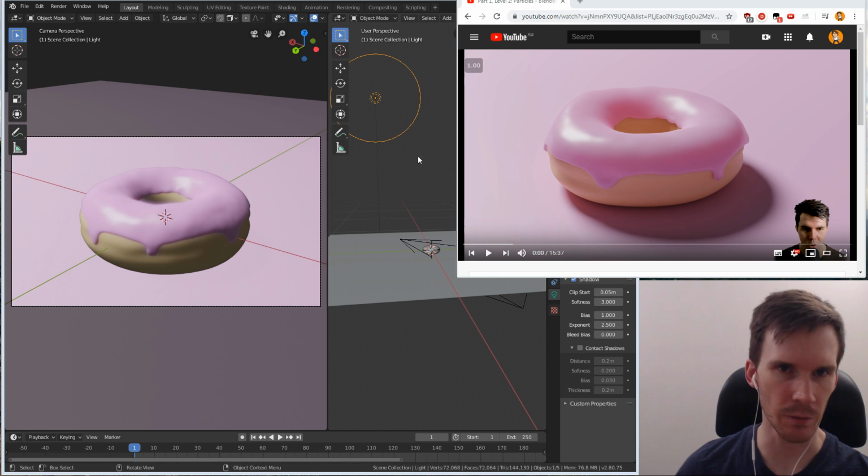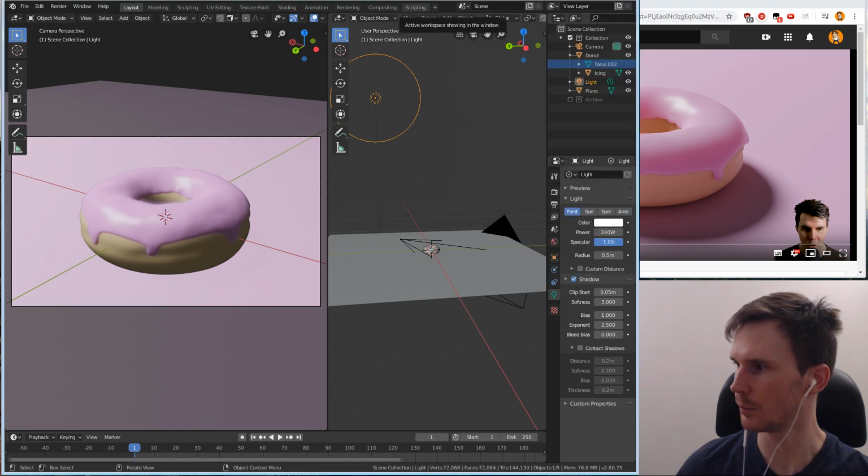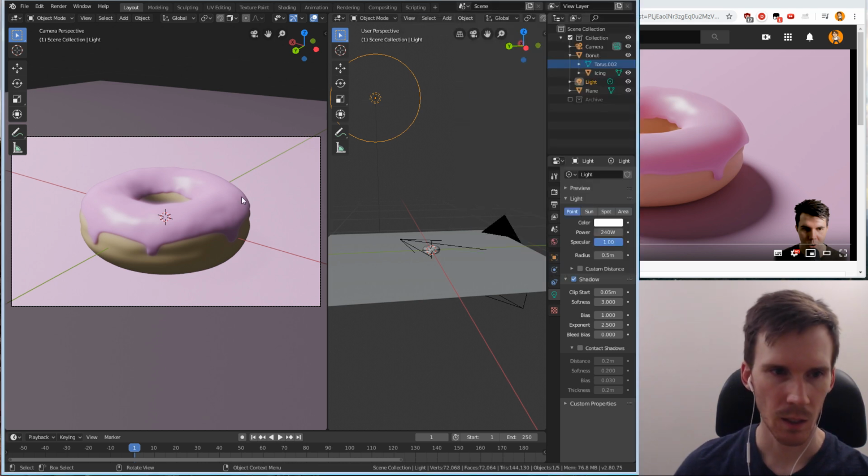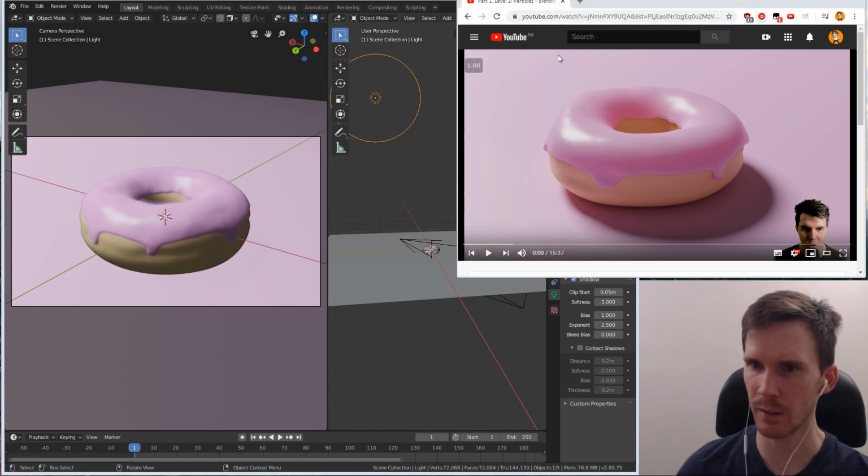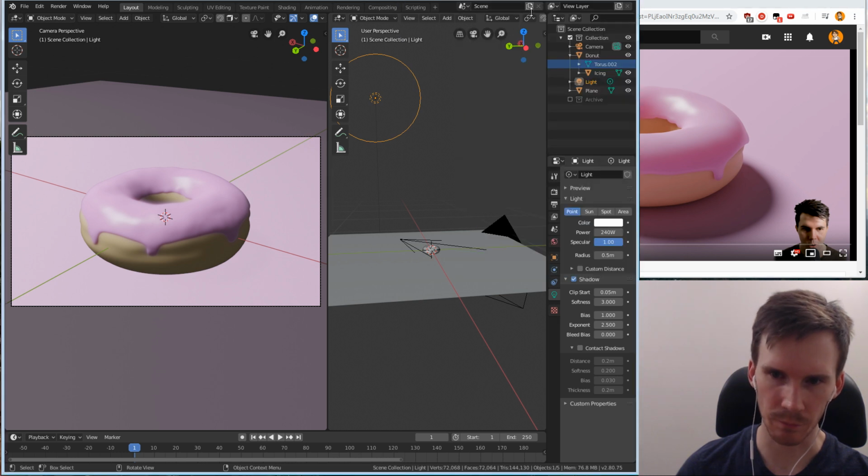So in the previous video I was talking about how I couldn't get shadows working, and I figured out what it was. And I have a feeling that he mentions it at some point in this series, but maybe I had to look it up last time as well. And that is, if you select the light